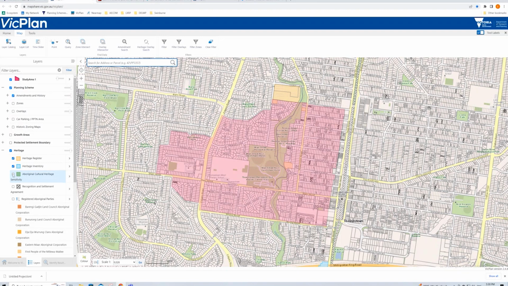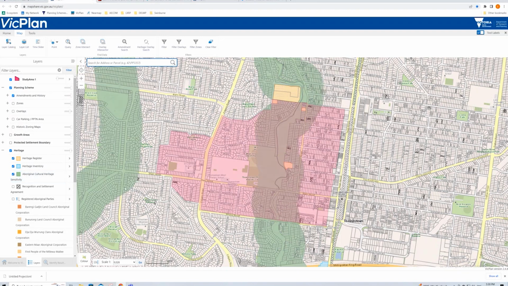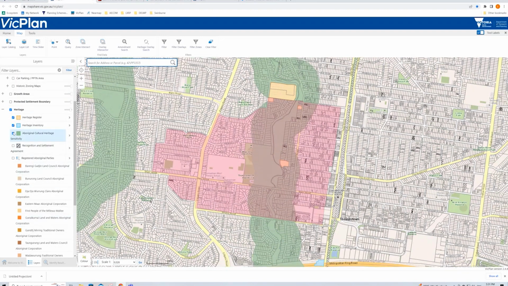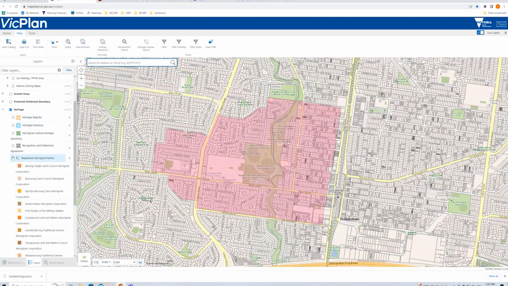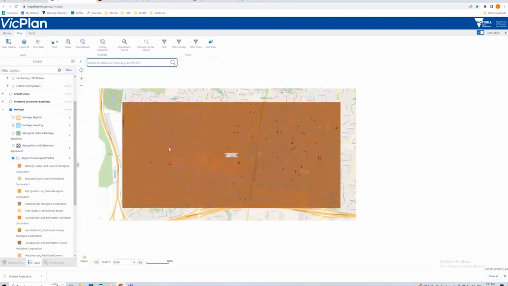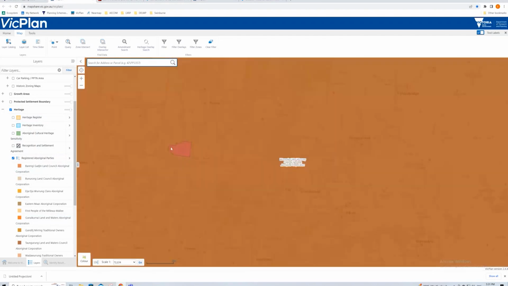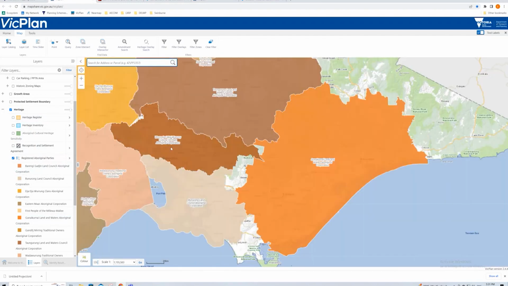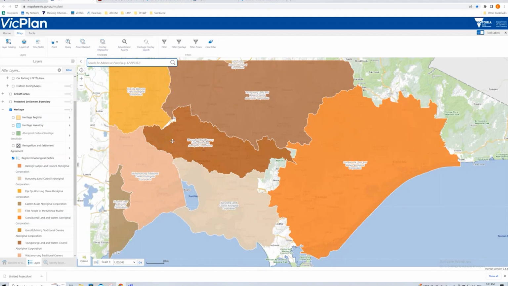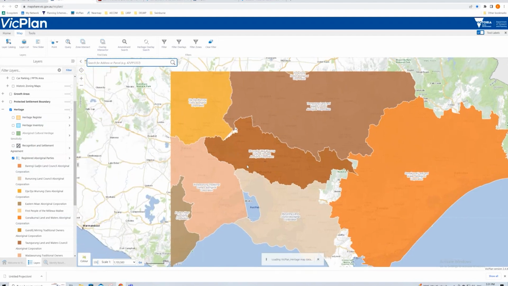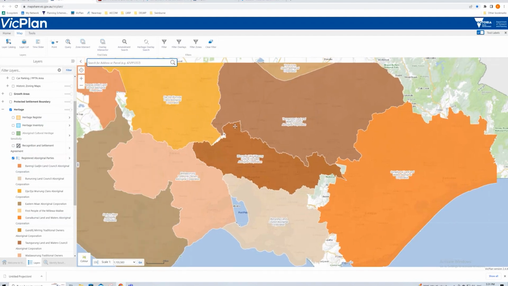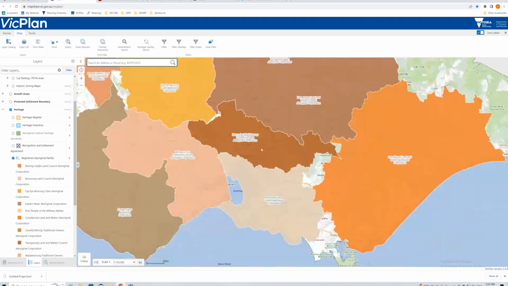inventory, or another big one is the area of Aboriginal cultural heritage sensitivity. And then another perk under heritage is that you can see your Aboriginal registered parties, which can be handy information as well if you wanted to engage them over a development